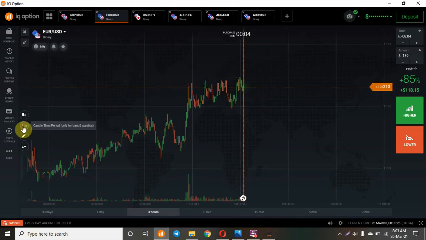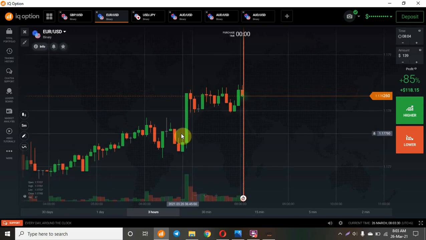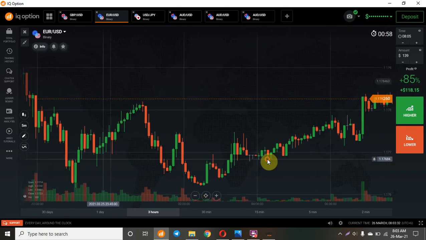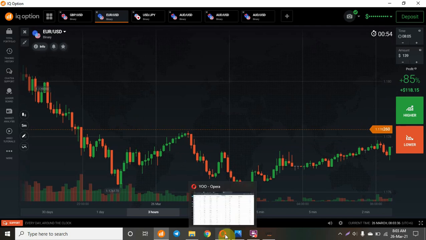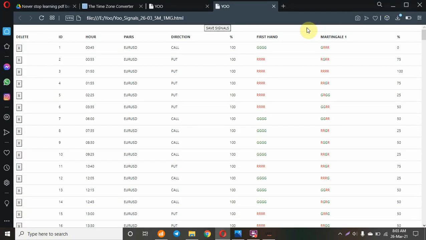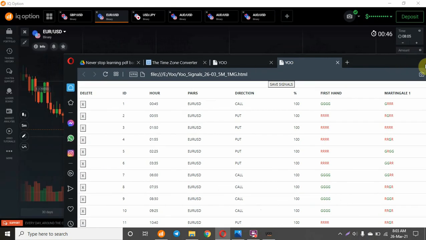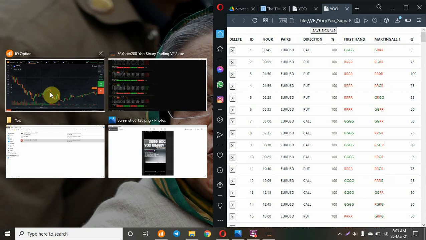So the time frame is 5 minutes because I follow the color probability option, the color coding option. This is the color coding. Wait a minute.